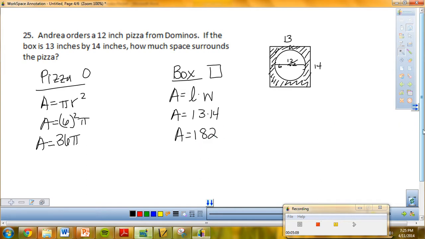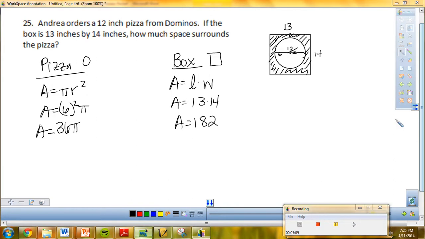Alright, so for this, if I want to find how much space is around the pizza, I want to take the whole box and get rid of this piece on the inside. This is kind of like those hot tub donut problems that we're seeing in accelerated math. You take the big piece and subtract the little piece, and that tells you what's left. So I want to do the box minus the pizza